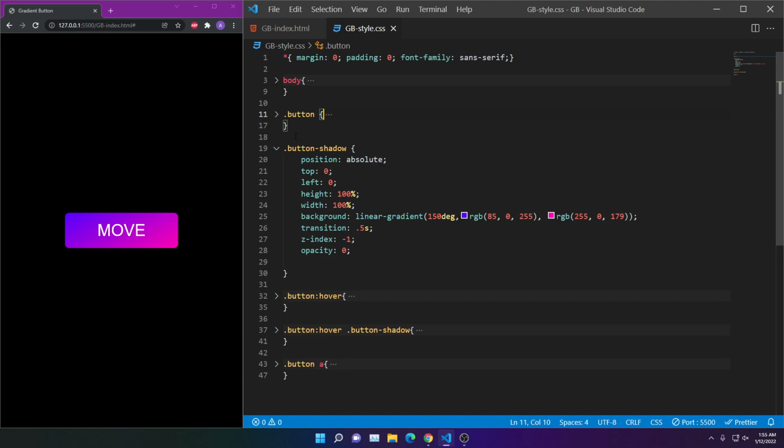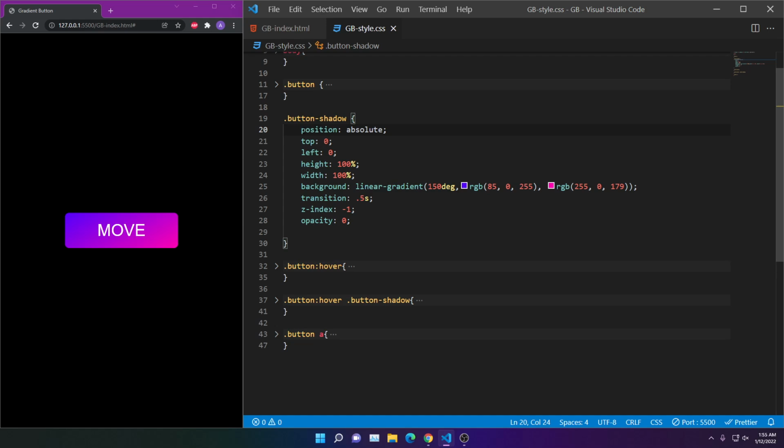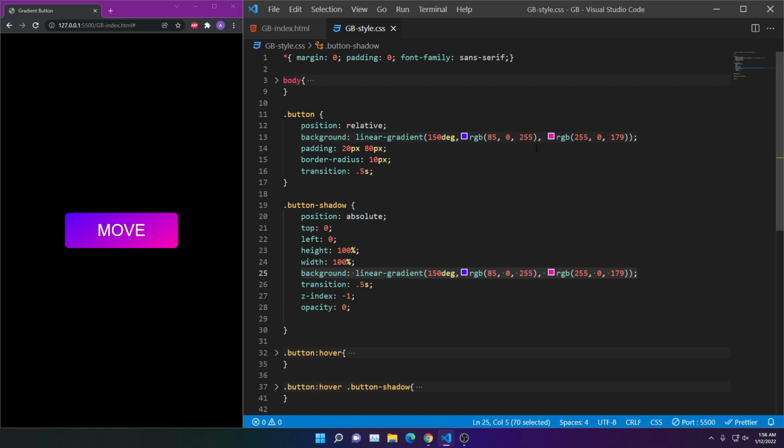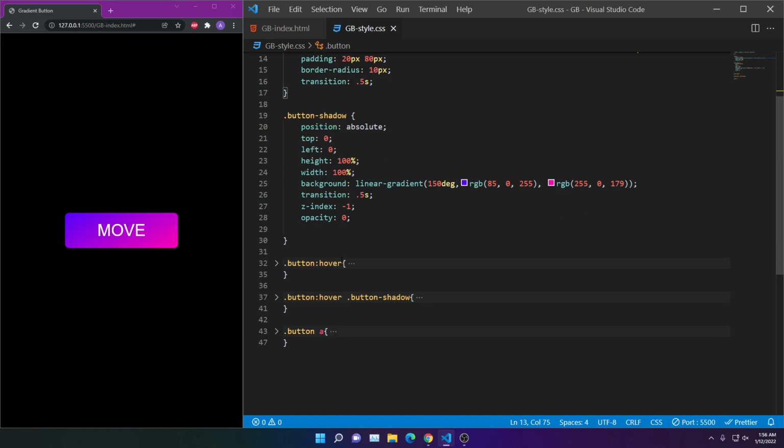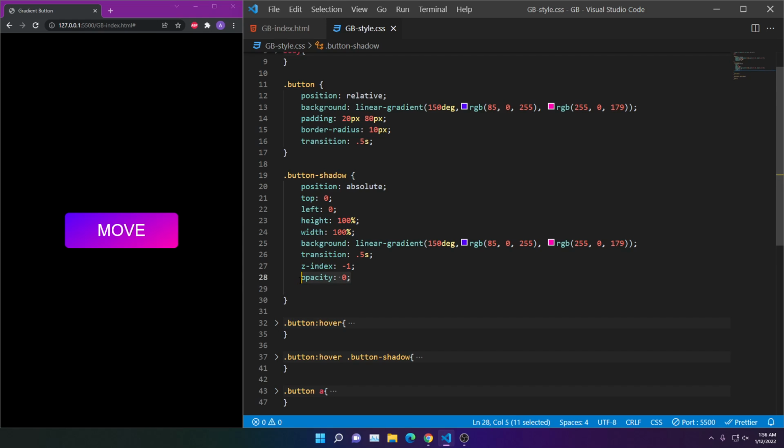So I'll open that. In here you can see it's position absolute, top left 0, height and width 100%, background linear gradient. This gradient is the same as this one. The reason it looks different, sorry, you can't see here actually. I have given its opacity 0, so you can't see anything. There's some problem with the other stuff. Anyway,